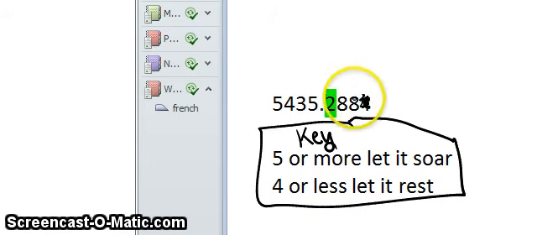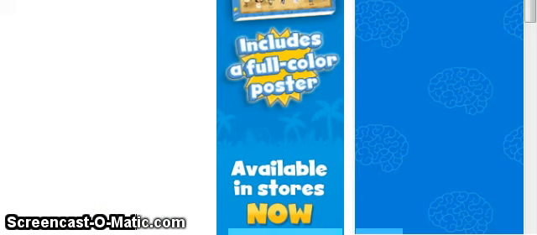But 8, it soars, so you add a 1 to the next number, which becomes 9, which also needs to soar. And when you bring a 1 over to the 2, it becomes 3. But the thing is it doesn't need to round. But this is the tenth, so we don't have to round this one. So our answer is going to be